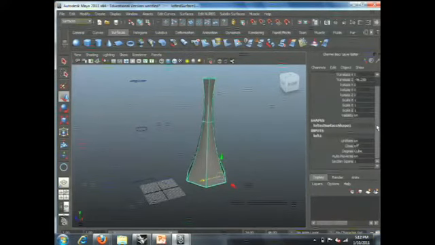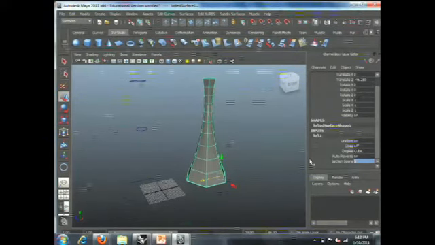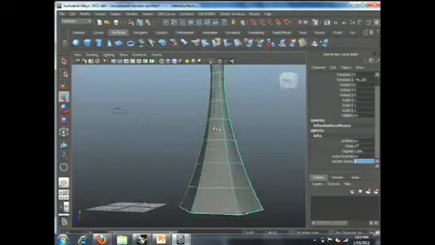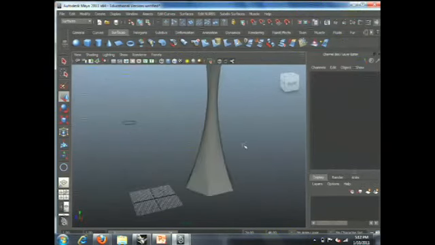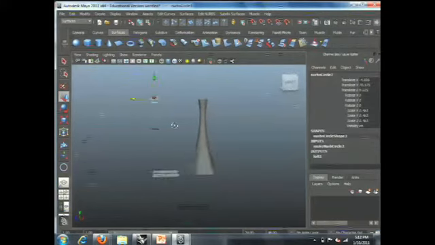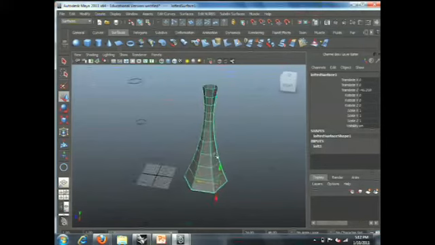In the loft, I'm going to convert the sections from 1 to 5. So you get more sections from this one. Okay, all right, so this is a pretty rough tower. I think I'm pretty happy with it. And then the next step I'm going to do is I want to do some